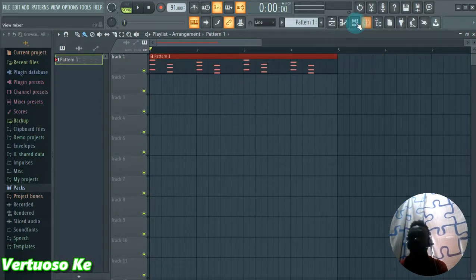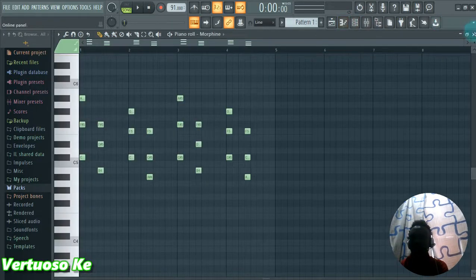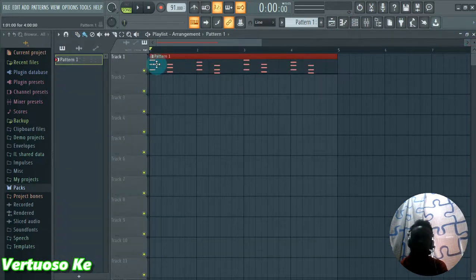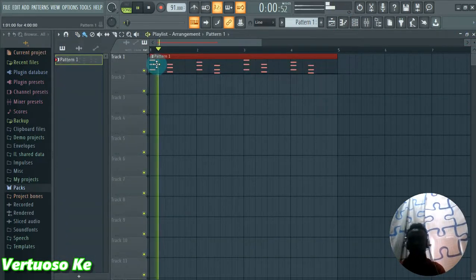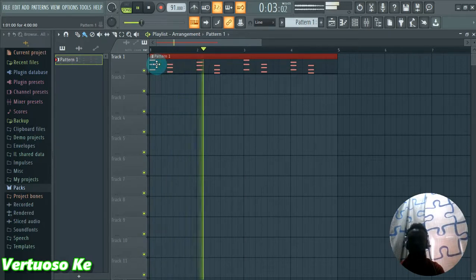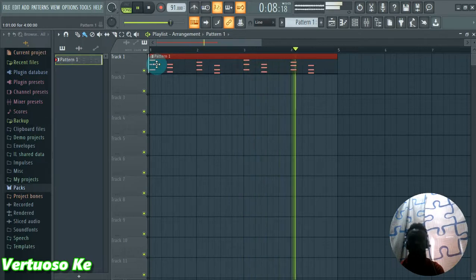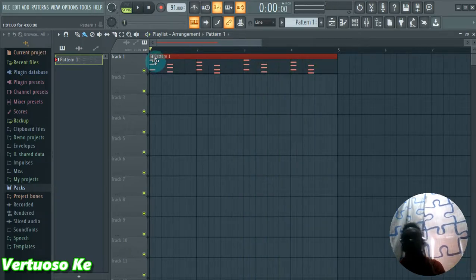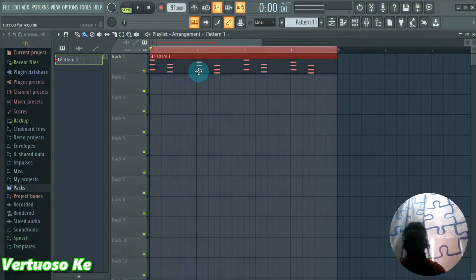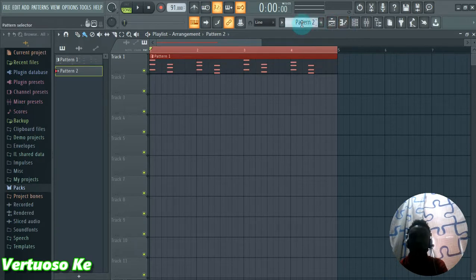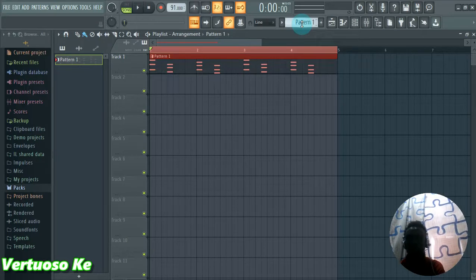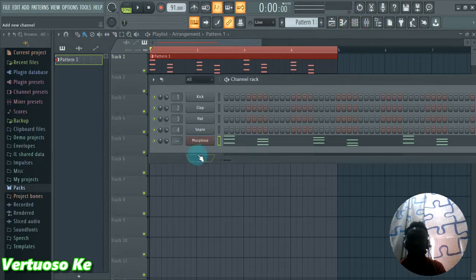As you see, I made it on the piano roll, and then my pattern 1 was on the playlist, so everything will be here. So if I put it to be looping, it will be like that. So maybe I can choose pattern 2, but since we want to be in the same track without messing, maybe going off key, you can use one pattern, then later you'll split. Maybe I can use this and then add another